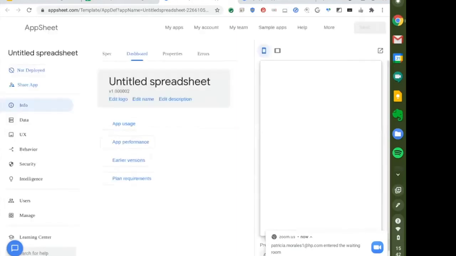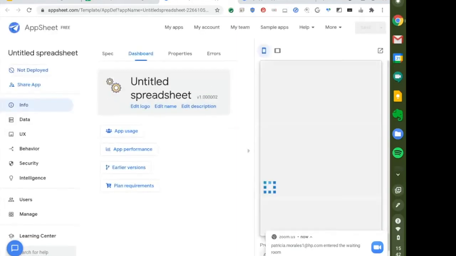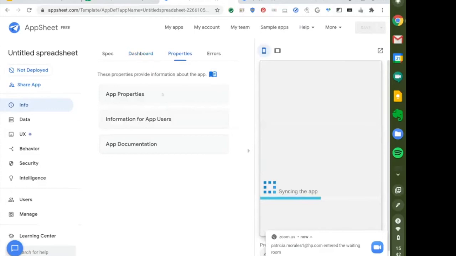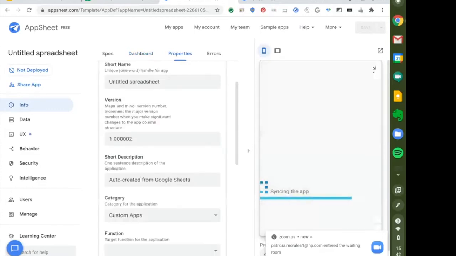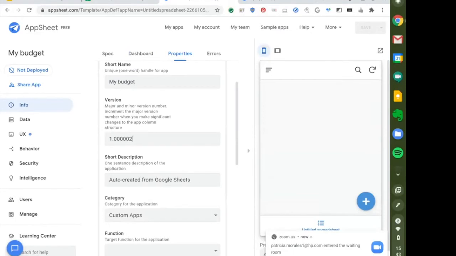Fine, edit name, the first thing I will do. Let's change this untitled spreadsheet to my budget or budget buddy, how you would like to call it. And it automatically gives a version name. Okay. And you see here it's empty.